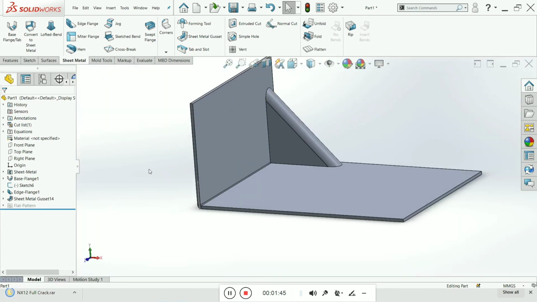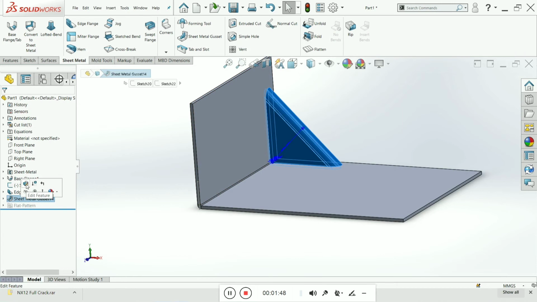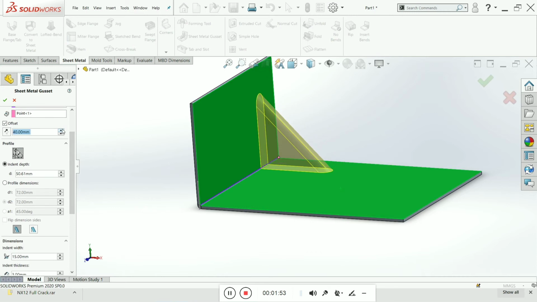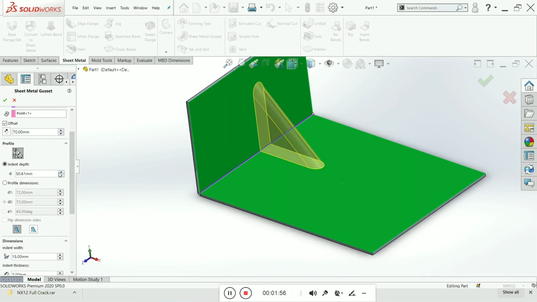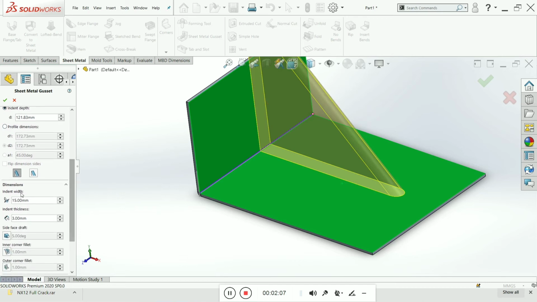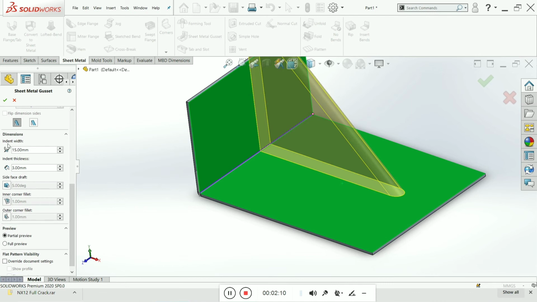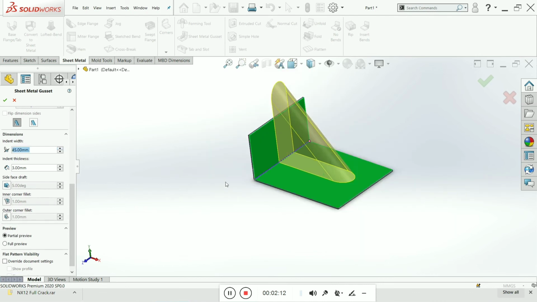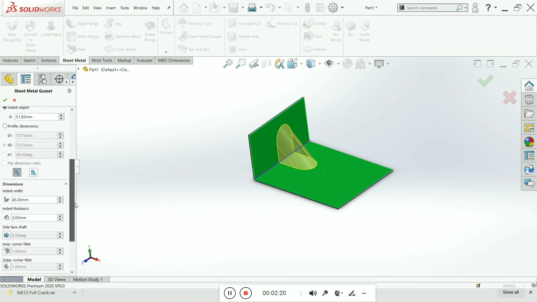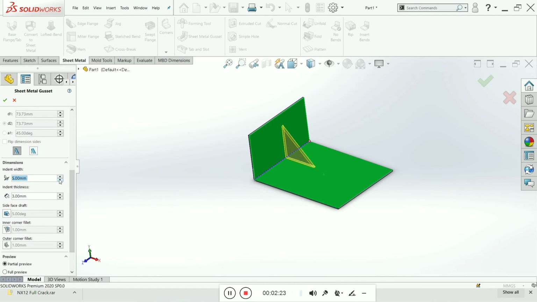Now you can update it by editing the feature. You can change the offset; if I increase it, you can see the gusset has shifted. You can also change the profile dimensions, that is d1, d2 and a1, etc. I am selecting the indent depth, and this is the default value. Now add the multiple dimensions, that is the indent width. If we increase the indent width, you can see what happens now. That is very large, it does not work well, and the depth is not right either.